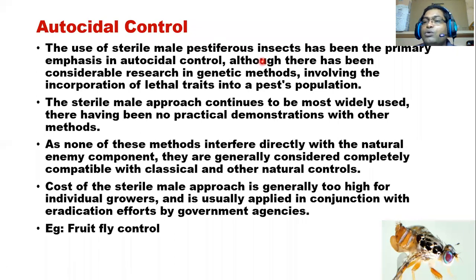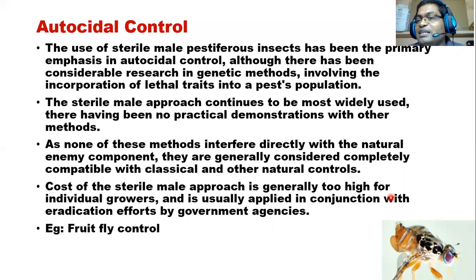This is practiced in the field. If you go there on a field visit, you will see it, especially with fruit flies. Fruit flies are a very big problem. What they do is use the rays and multiply these sterilized males, millions and millions, and release them into the environment through flights. Especially they control Japanese fruit flies. On Okinawa island, the Japanese sterilized the males and released them through flights.